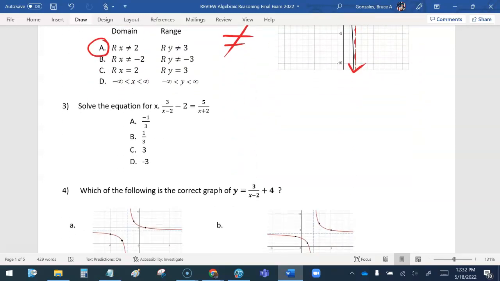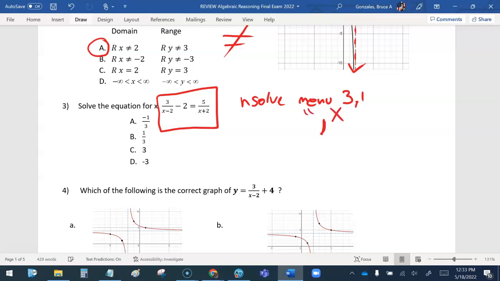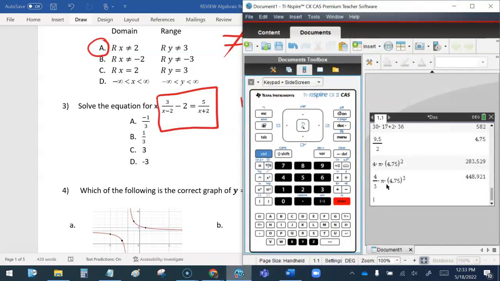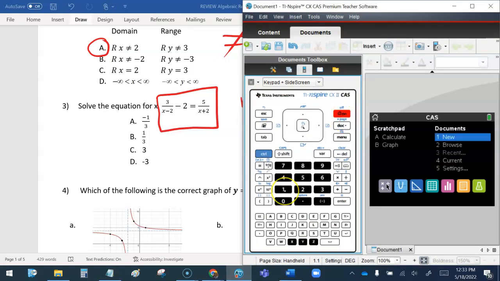All right, let's solve this equation. Now, this is our equation. You can use nsolve, which is menu 3, 1. Just don't forget to put comma x at the end, okay? So what would I do? I would do